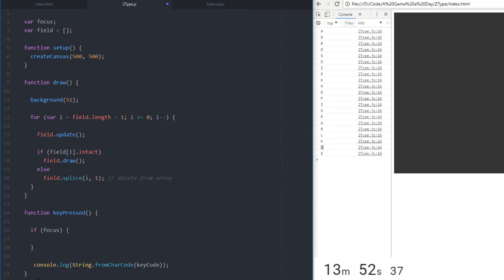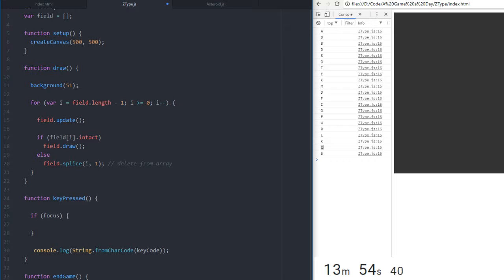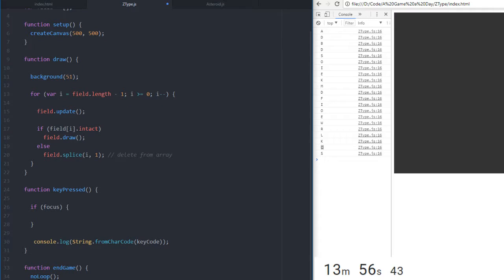Function endGame, what we will do is we will say noLoop, and we will say console.log game over. There we go. We will try that now. If it's focused, then we are going to say focus dot